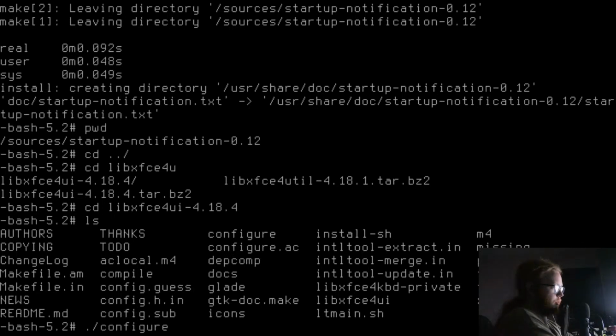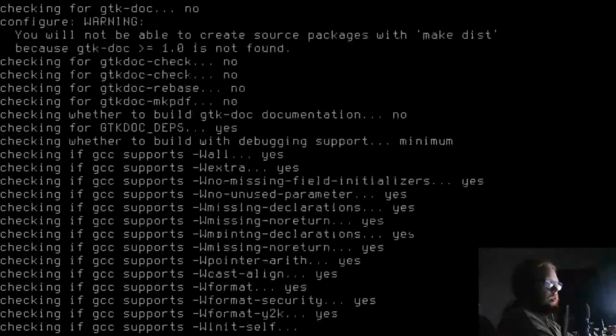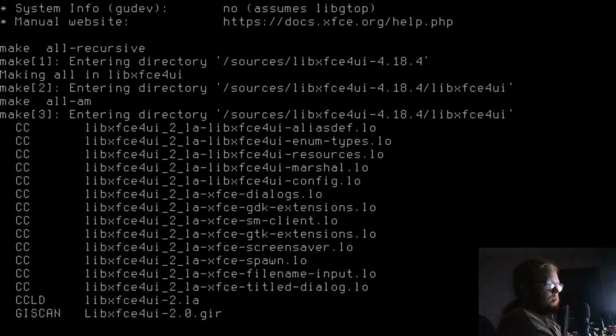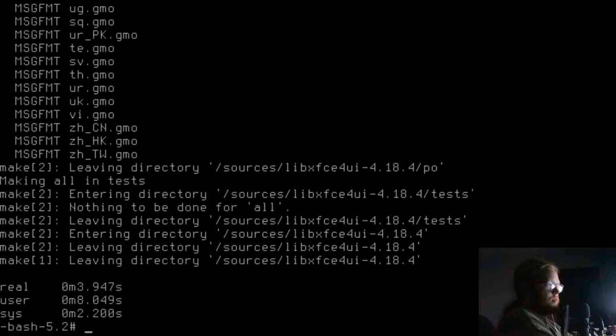./configure --prefix=/usr --sysconfdir=/etc and time make -j30. Please just fucking work. Oh, thank fuck.